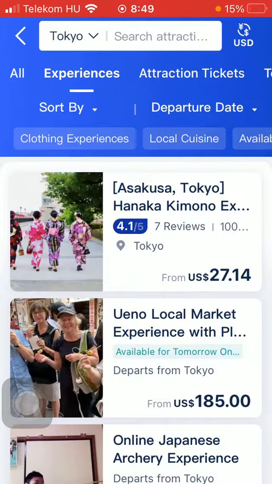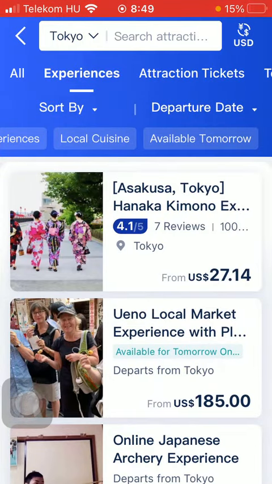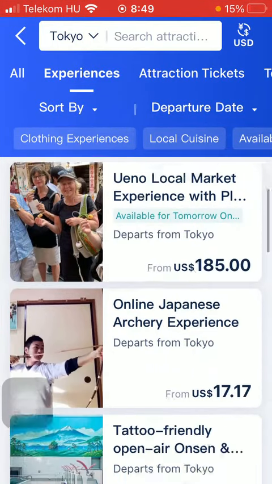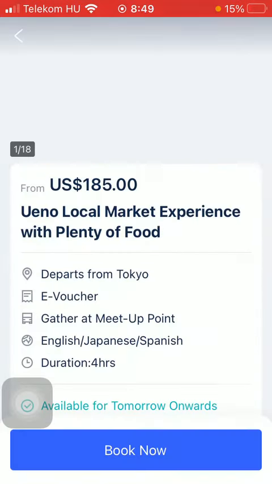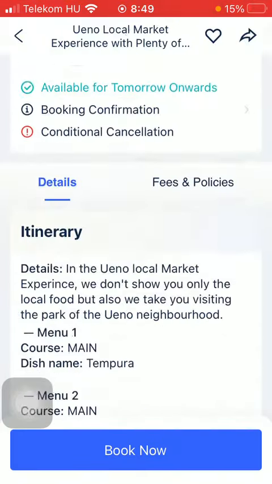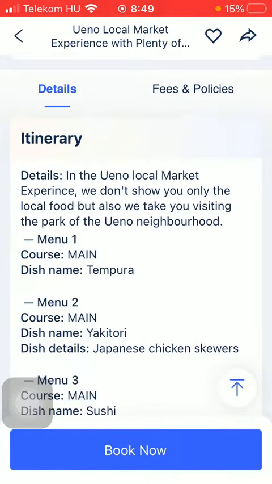So click on experiences. Here you can check out all of the experiences available in your selected city. You can also narrow it down by selecting from these categories such as local cuisine or clothing experiences. So you can click on the relevant one that you are interested in, check out the details, and then tap on the book now button if you would